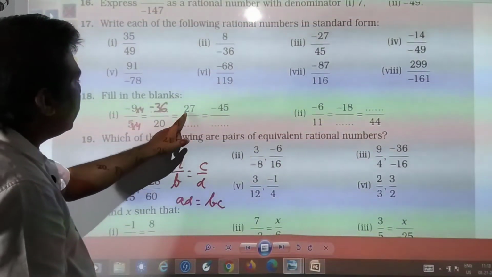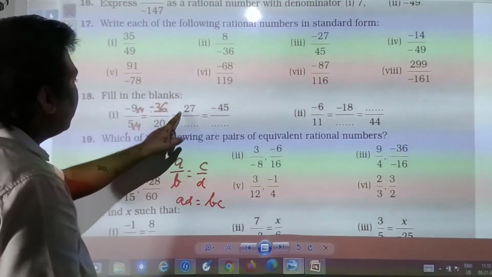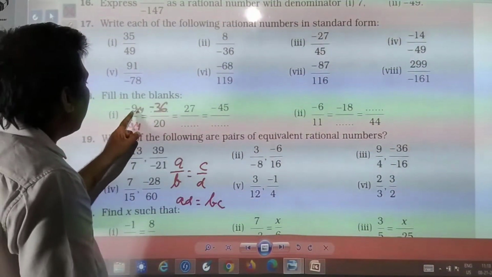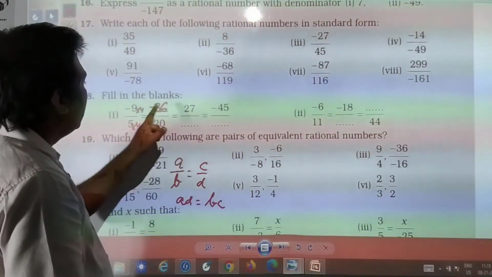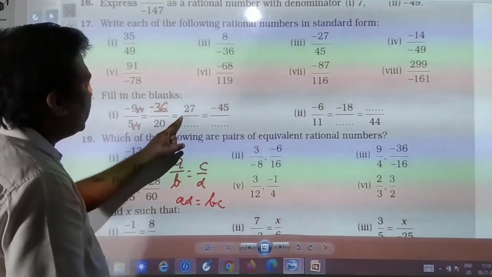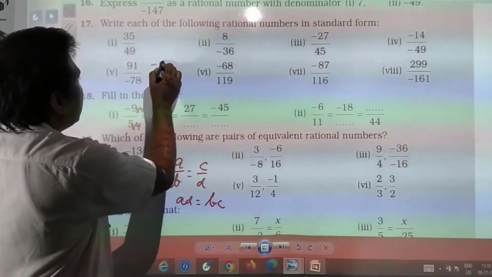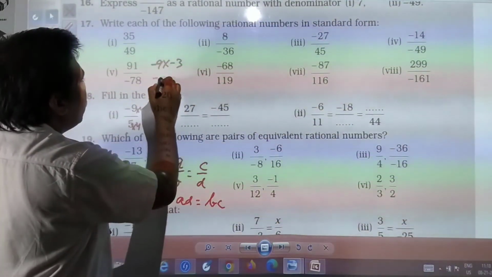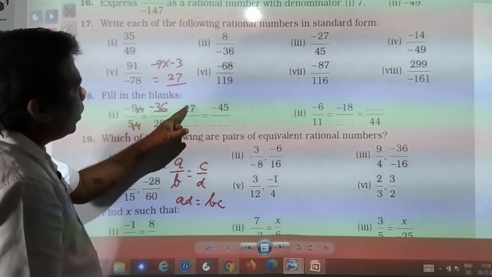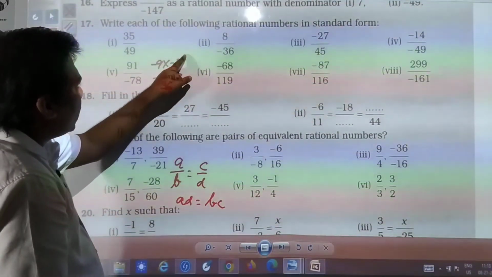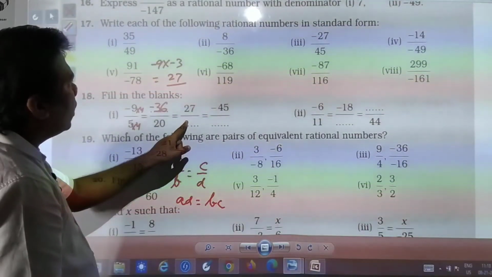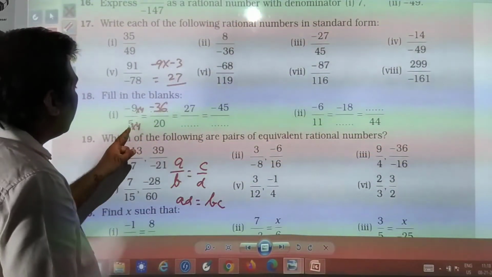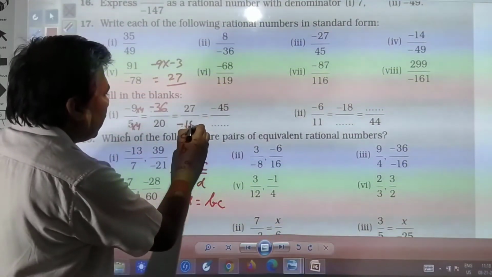Now you see here you have 27 by, it means what number has been multiplied by minus 9, so that you have got 27. So 9 threes are 27, minus 3, minus 9 into minus 3 you will do, then you will get 27, then only you have got. It means minus 3 will be required to be multiplied by 5, so that you will get over here the number. So your number will be minus 15.